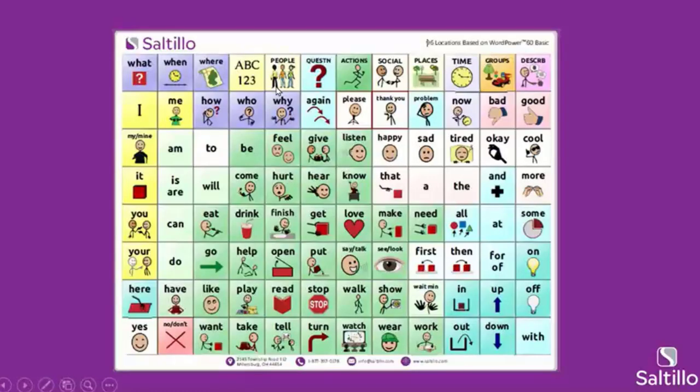The last piece of your materials is a copy, as we said, of our low-tech board based off of the Word Power 60 Basic. It is 96 locations, if you see that in the title at the top. And that's just because we've added the question words on there, some more of the social phrases like please, thank you, there's a problem, some of the feelings, and then beefed it up with some more verbs or actions on there. So just as a reference point, I was talking with teams earlier today about how it might not look exactly like your child's homepage, but teaching them, like, hey, I'm modeling this word, let's find it on your device. This is the same word, those kinds of things. It's a good teaching moment, but it just also gets them going.